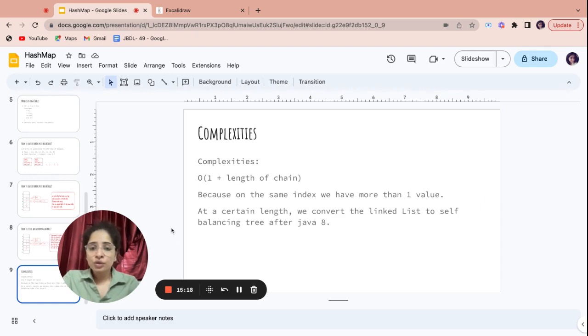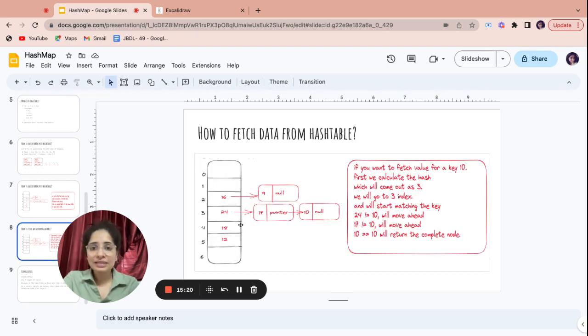The idea is we create the hash function in a manner that the chain is smaller. But the chain can grow. Till we have not reached a certain number, we keep it as a linked list.